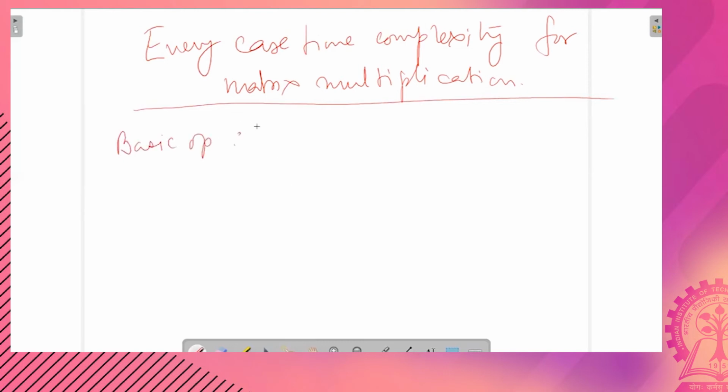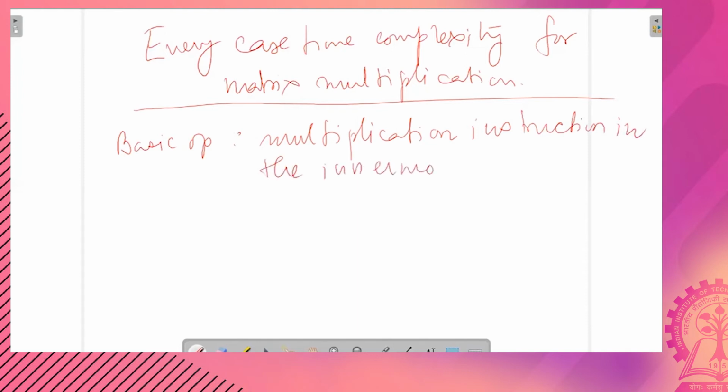Let us say that we assume that the multiplication instruction in the innermost for loop is our basic op.